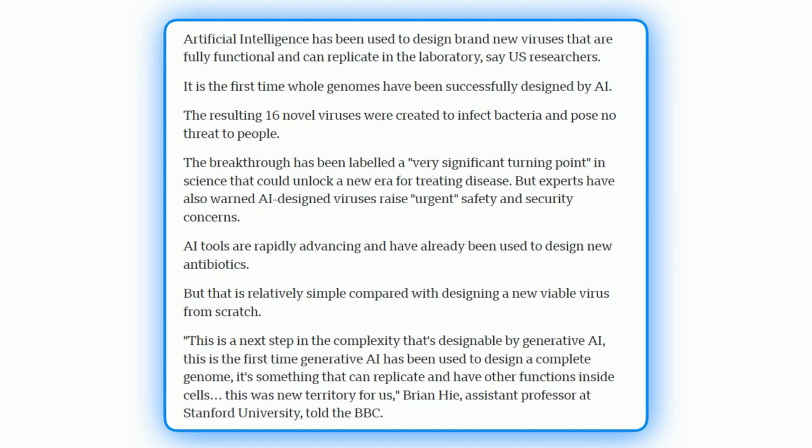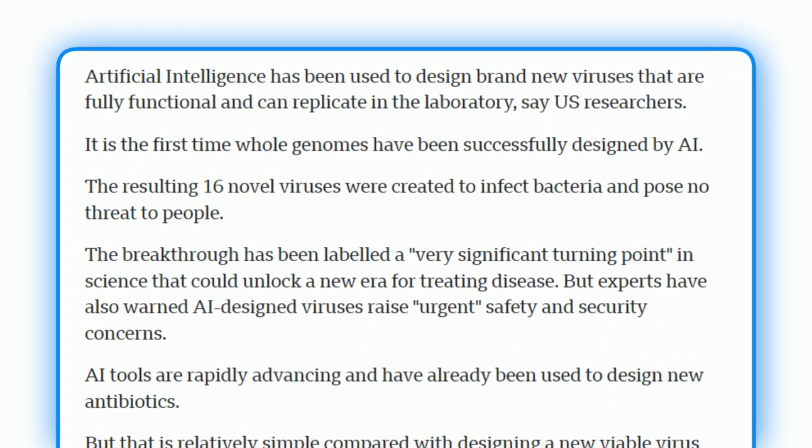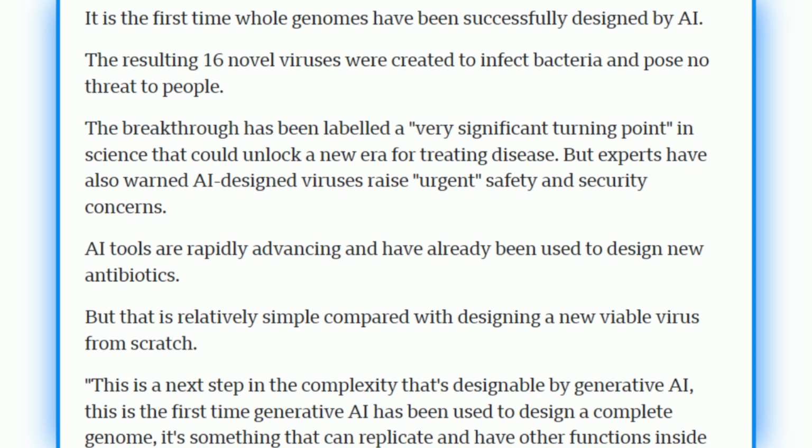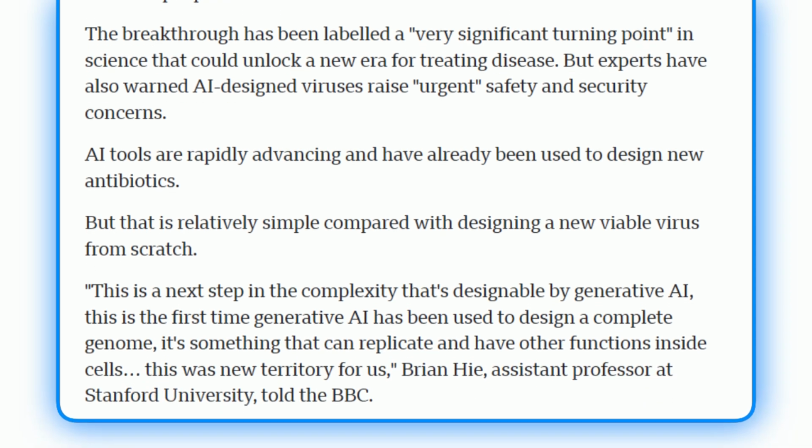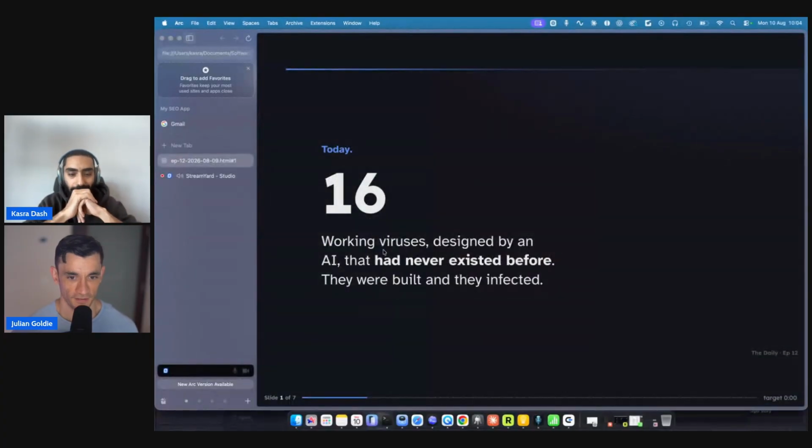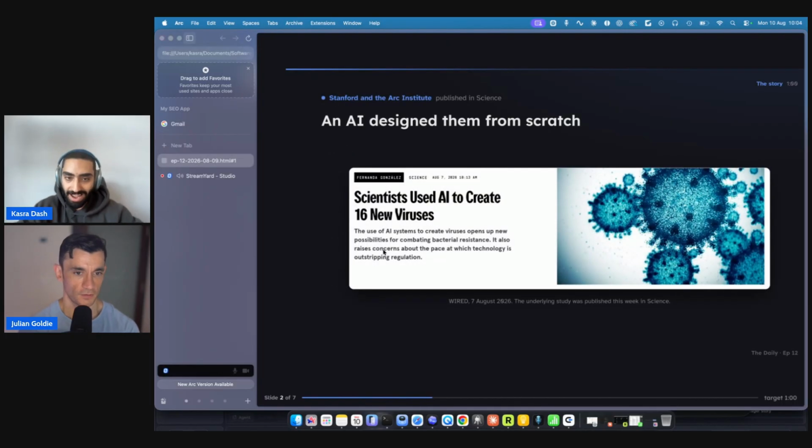So this was an interesting topic because for the past 4 or 5 days, every day AI's gotten out of the sandbox. So I was like, right, we need to talk about this. Basically, they've started using AI to experiment, and they've been able to create 16 viruses. Now, I thought at first it was to do with computer viruses, and I was like, oh, of course. But it's actually scientists using it to create new viruses.